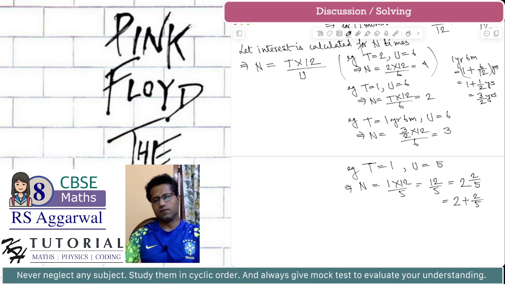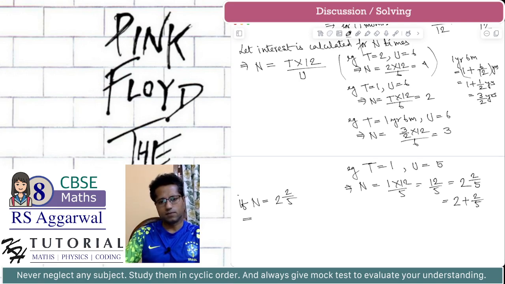What will it be if n is 2 plus 2 by 5th, and what does it mean related to calculation of interest? This means that we will calculate the interest for 2 units of time, that is 2 times, plus 2 by 5th of a unit of time. So if n is equal to, let's say, 2 and 2 by 5th, this implies